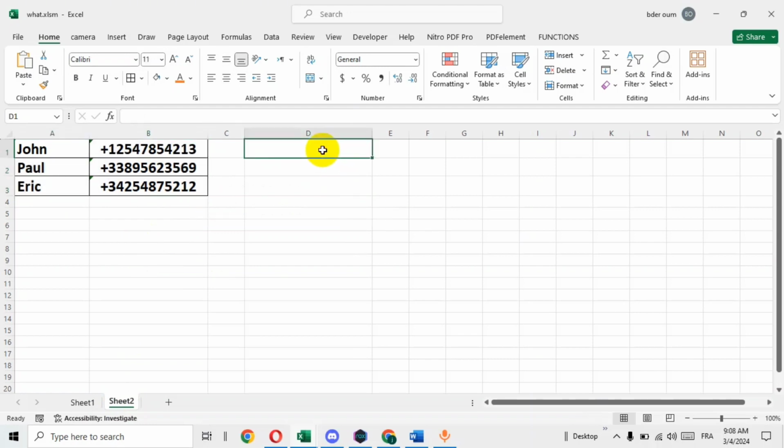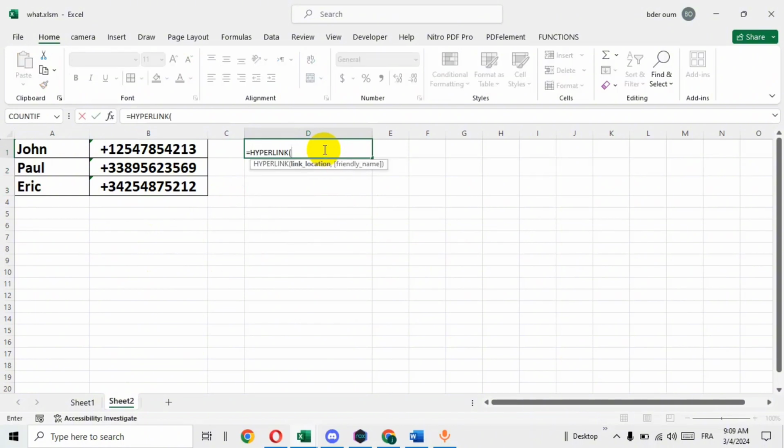So in cell D1, type this: equal, hyperlink, double quotation, HTTPS, then dot me, then double quotation, then select the cell or the number, B1,